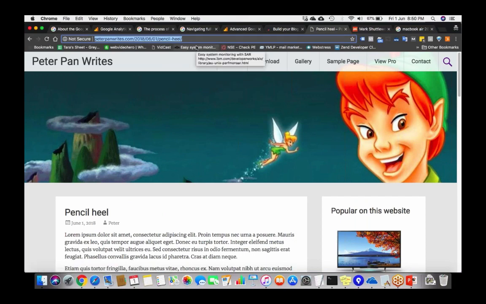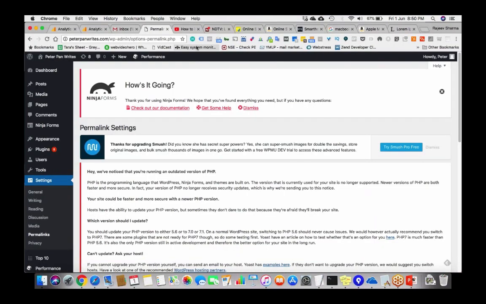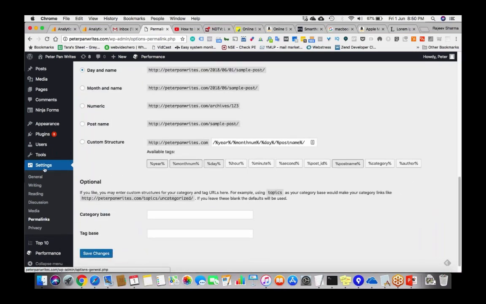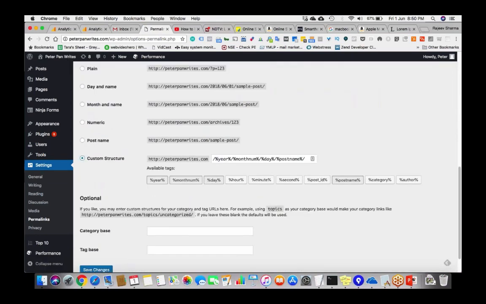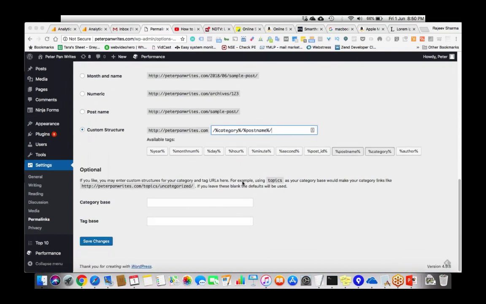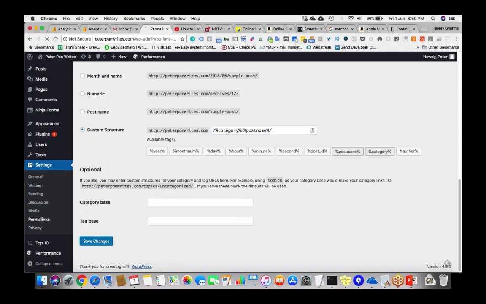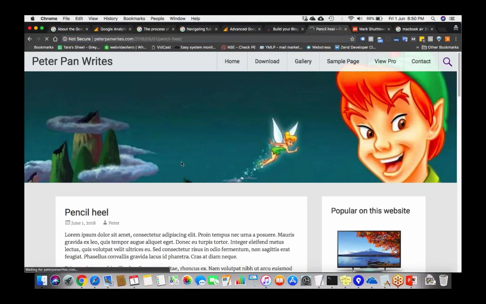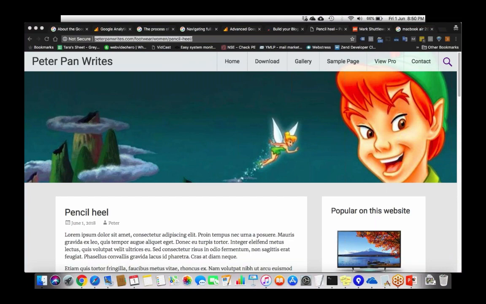So out of the box, this is the kind of URL you will be seeing, and this is not a good URL from SEO perspective. So you should change it. You go to the settings, you go to permalinks, and then choose the custom structure over here, and remove everything, and then use percent category, and then percent post name. Are we clear? Use percent category, and after that percent post name. This is how you do it. Are we clear, everybody? All right. And then you save the changes. You reload this page, and the new URL structure can be seen over here, right? Now,